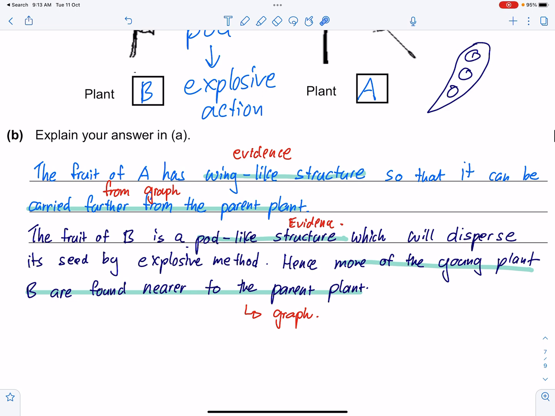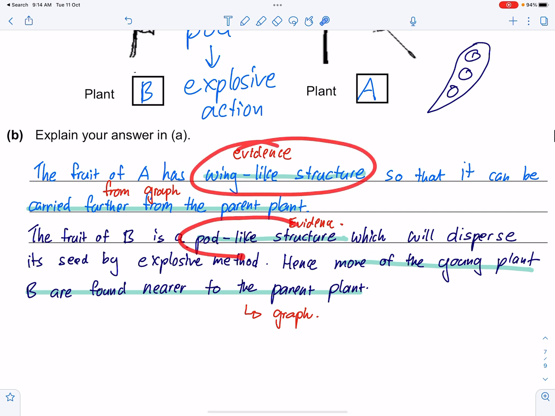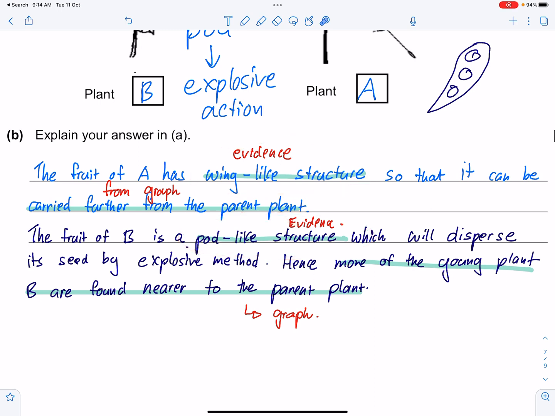Alright, so you put the 2 and 2 together, right? Evidence and then how it relates to the graph. You link these 2 points together for each one. So some of you have left out the evidence part about the pod-like or about the wing-like structure. Okay, so without this part, you cannot justify why you think it's dispersed by that method and not any